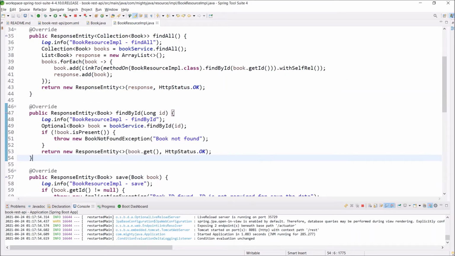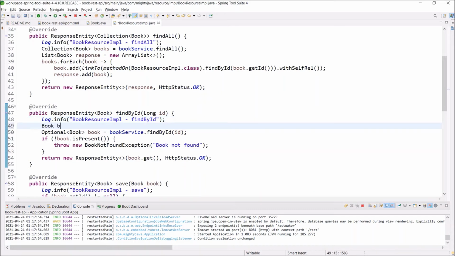Now let's add similar kinds of changes for findById. Here it must return the findAll book request link, just following the similar approach. Don't worry, the code is very simple.